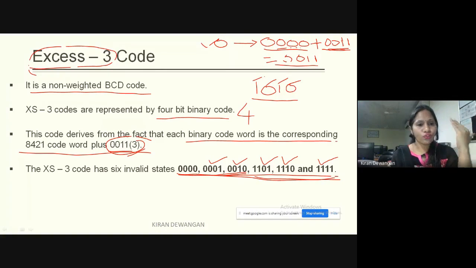लेकिन हमारा जो 4 बिट है, 4 बिट के कितने कॉम्बिनेशंस पॉसिबल है? There are 16 possible combinations. तो हम इन 10 डिजिट्स को तो कोड कर देते हैं. That is, from 0 to 9 we are taking only 10 combinations out of 16 combinations. तो बाकी के जो 6 combinations रहेंगे वो आपके यूज ही नहीं होते हैं, बीसीडी में वो इनवैलिड हो जाते हैं. ठीक है, so that is the only reason that they are called as invalid combinations.